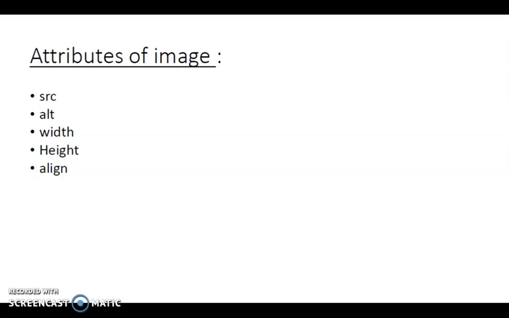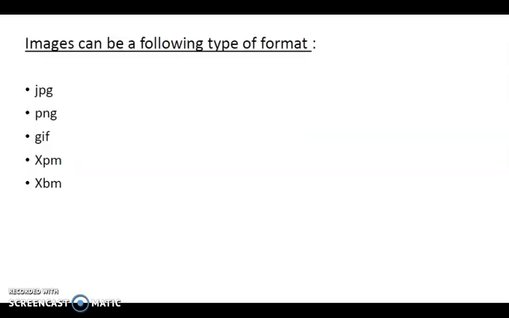When you set align equals right, then your image appears on the right side of your web page. Suppose I do not mention the align attribute in my image tag, then what will happen? The alignment is set to the left by default. So your image appears on the left side of your web page by default. Okay. This is all about attributes of image.